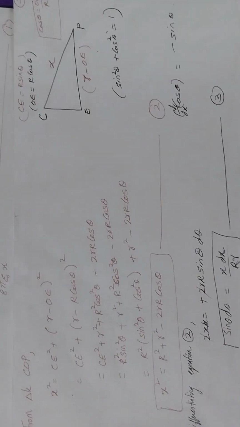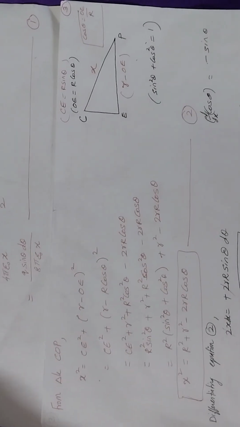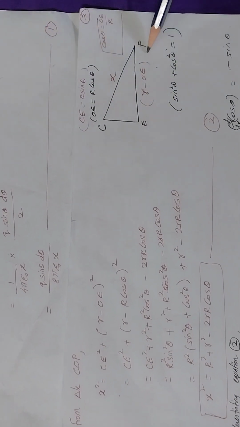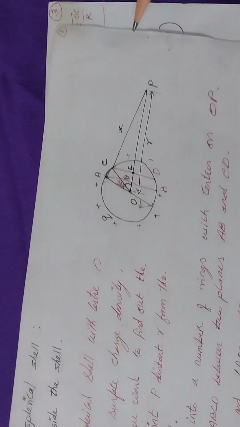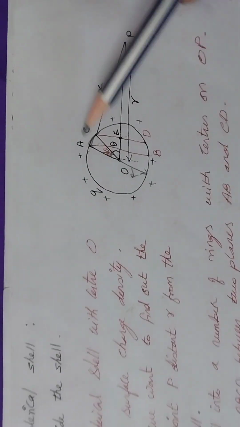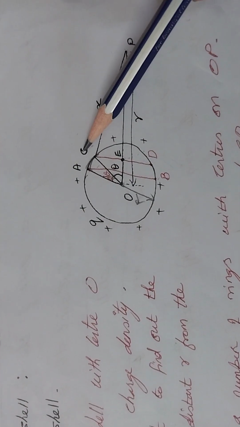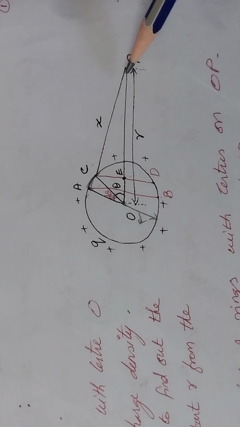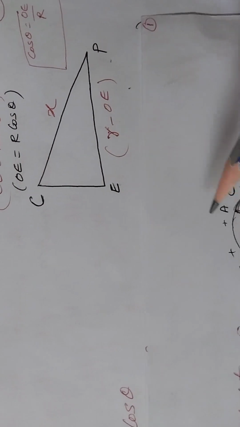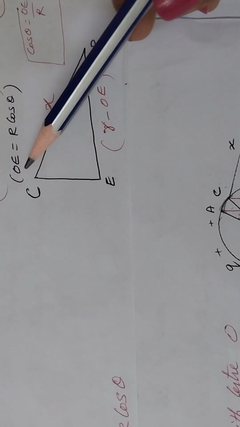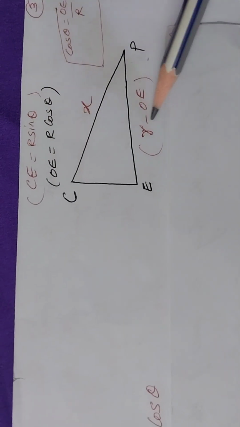Furthermore, we have this triangle CEP. Okay, from where do we get this? So here in this triangle, we have the triangle OCP. From this triangle we just have this small segment, and from that we infer that